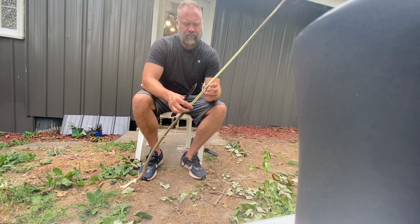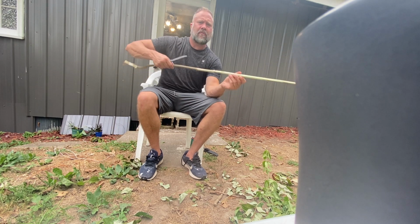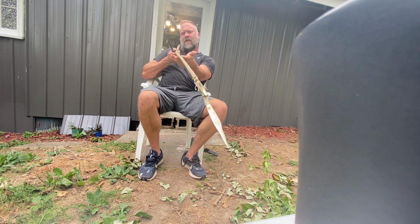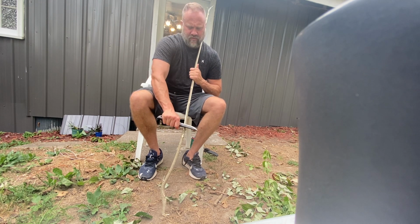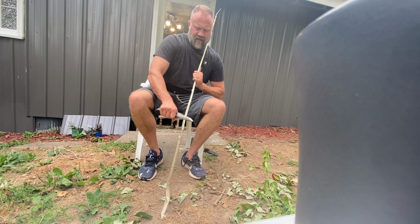So this atlatl dart, which I'm working on here, I mean, this thing is already perfectly straight, and this is ash. I was watching about heating up and straightening these out if they are bent. And of course, the easiest way I found to trim this bark off, again, for somebody who's an amateur at anything,